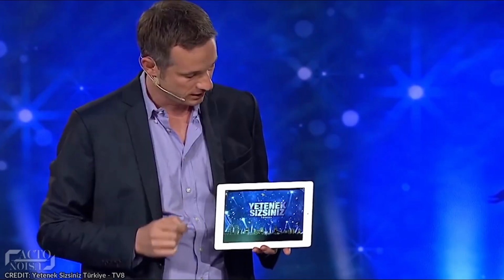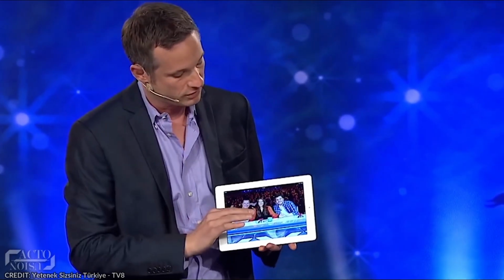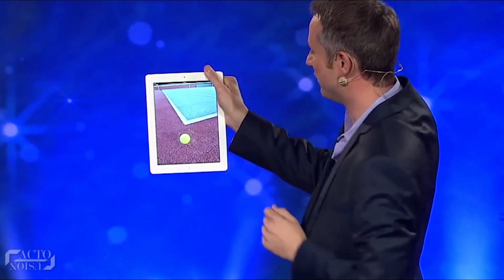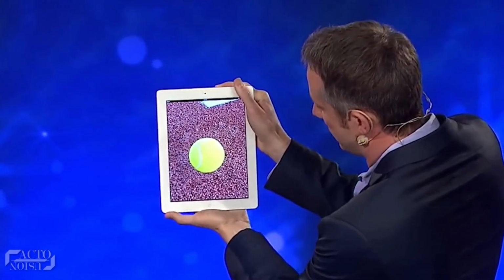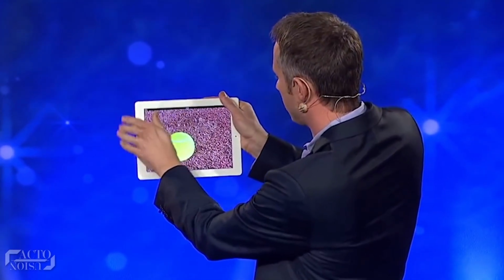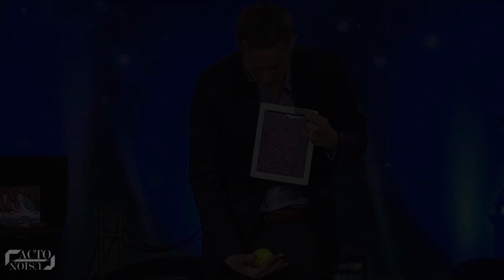Here's what he did. He brings an iPad along with him and starts performing a range of mesmerizing tricks. First, he shows a tennis ball on the screen, zooms it to full size, and brings that ball from inside the tablet into his hand. He then again goes on to pass that tennis ball in and out of the screen of his tablet, leaving